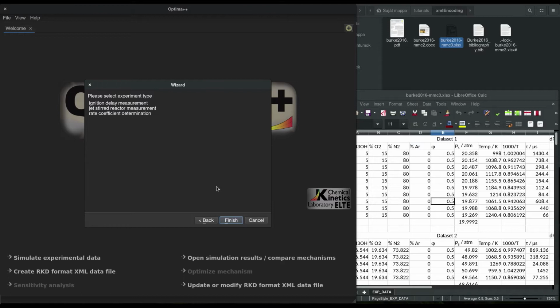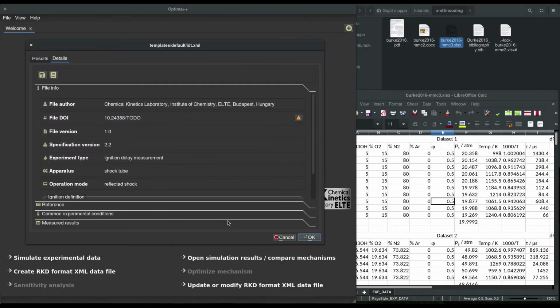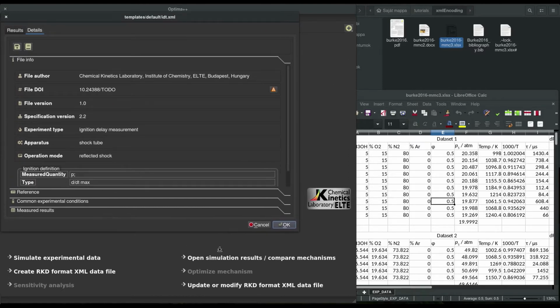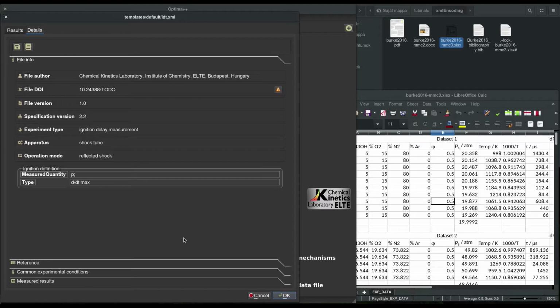In the next page, I can select the experiment type. I will encode now ignition delay measurement data, so I will select the first option and click on the Finish button. In this window, I can edit my new XML file.